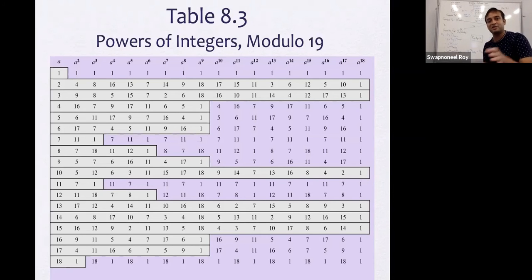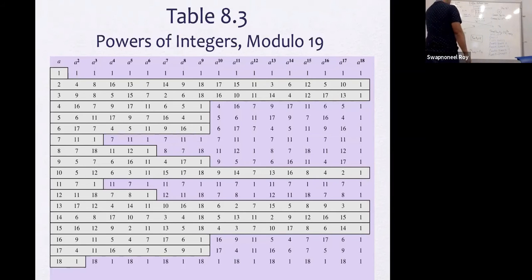But I'm glad that you are asking all of these questions. At least, it suggests that you understand what is being explained here. Now let's see why a primitive root is a better choice. We'll do some calculations on this particular table with a primitive root and without a primitive root, and we'll see what difference it makes.